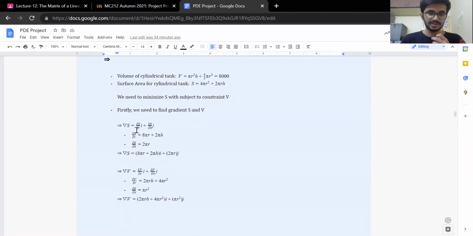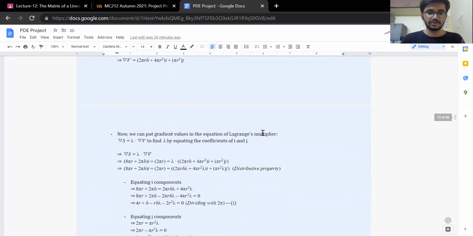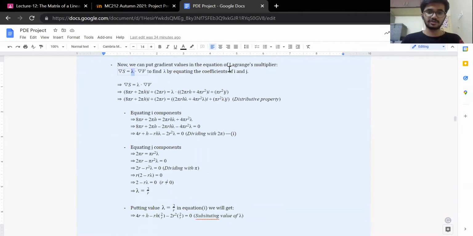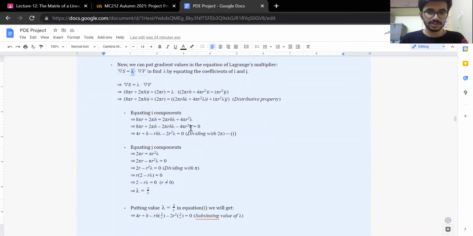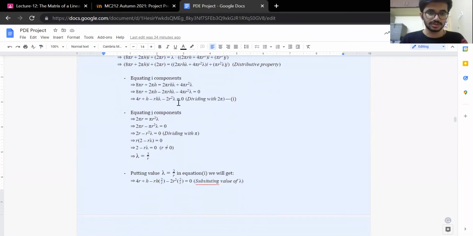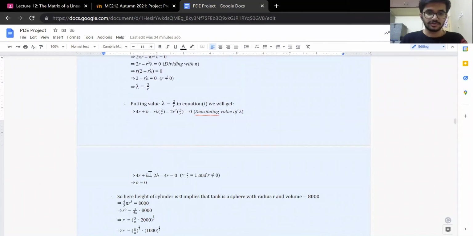First we found the gradient of the surface area and of the volume. And we know from the Lagrange multiplier that we need to minimize S with the given constraint of V. So we use the formula and we need to find lambda, the coefficient, by equating the coefficients of the i and z terms of the gradient. So by equating, we got two equations. In the first equation, we got this whole thing. And in the second, we got that lambda was equal to 2 by R. So we just substituted it in the first equation and we found that